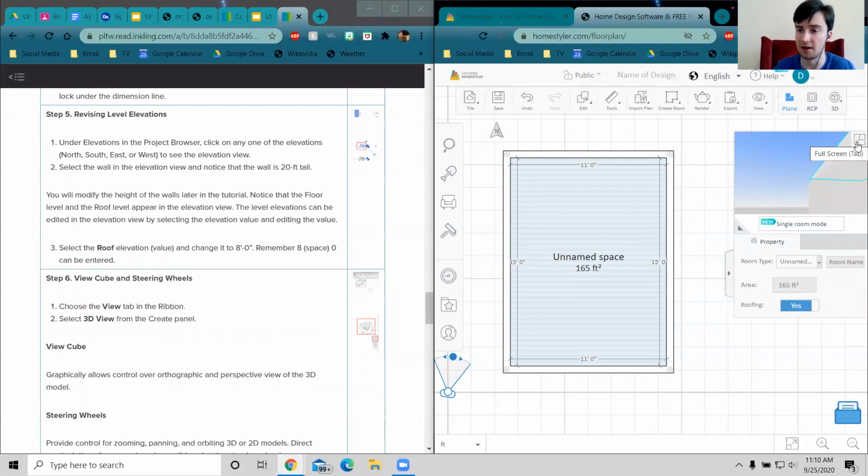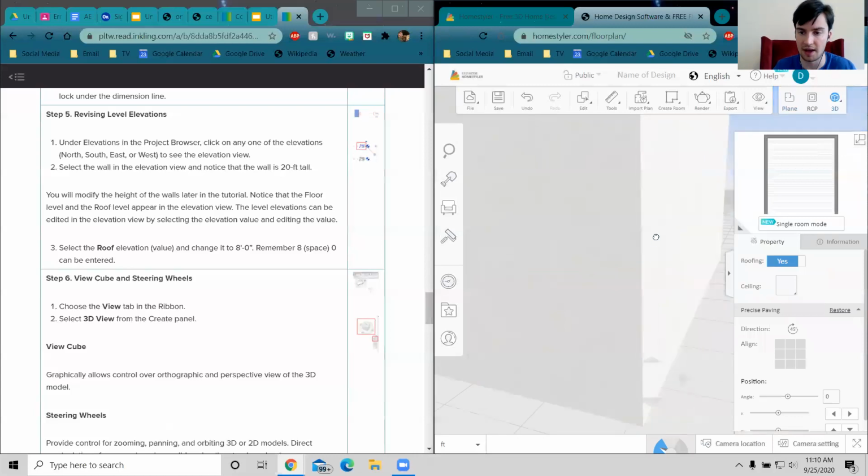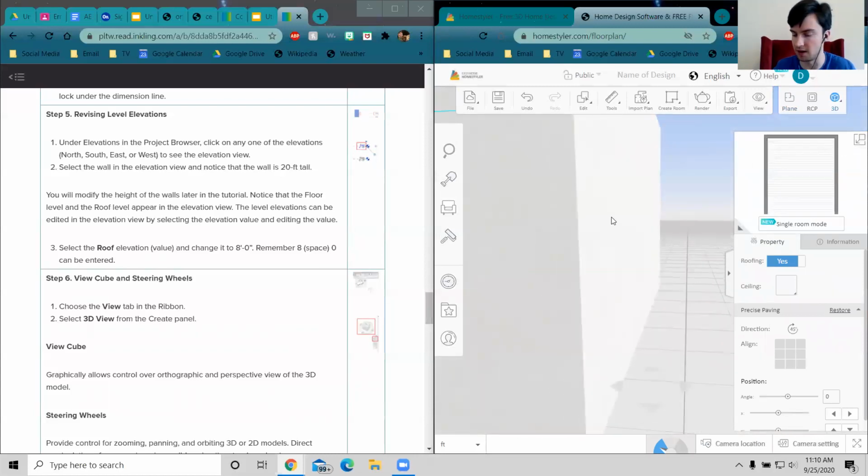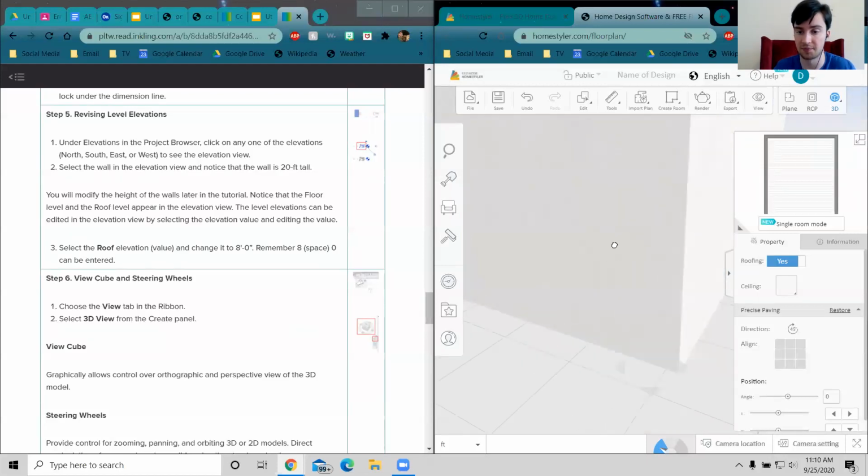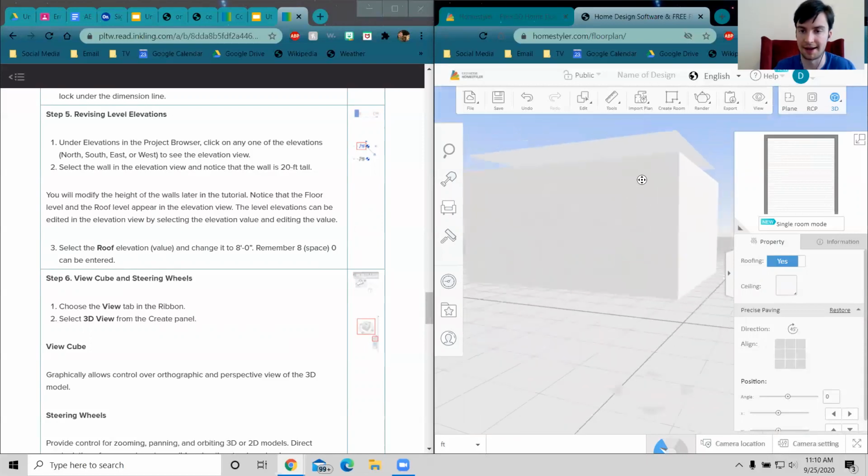So if you click on this full screen right here, this is actually your 3D view within Homestyler. You can also click on 3D right here. And here you see the building that you have so far. So I'm left clicking to pan or to orbit around, and I'm holding my middle mouse button to zoom in and out. Okay, so now you can see